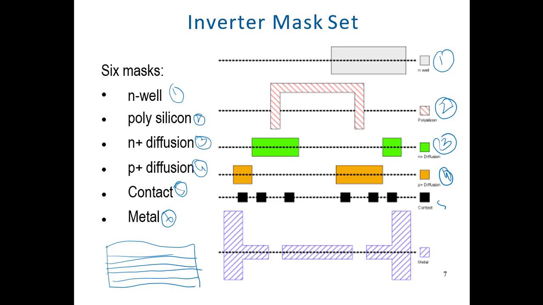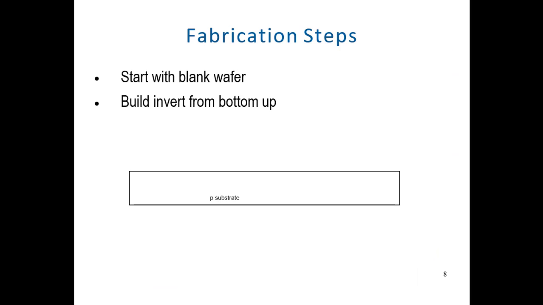This is the fourth one, this is the fifth one, this is the sixth one. So you have to use different kinds of masks to develop different kinds of regions in the wafer. Here it is shown in more detail in a step-by-step process. I will try to go over this